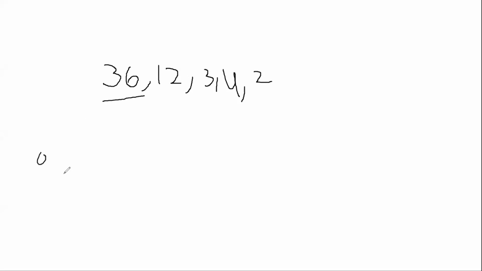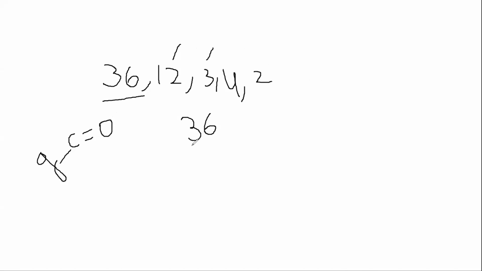Okay, so we have a global counter, which is 0. First, I'm trying to find the number of binary trees that can be formed with 36. So for 36, I will check whether there are any multipliers for that. 12 is one of them. So for 12, what do we need? We need 3 and 4. So I came to know that 12 and 3 are multiples.